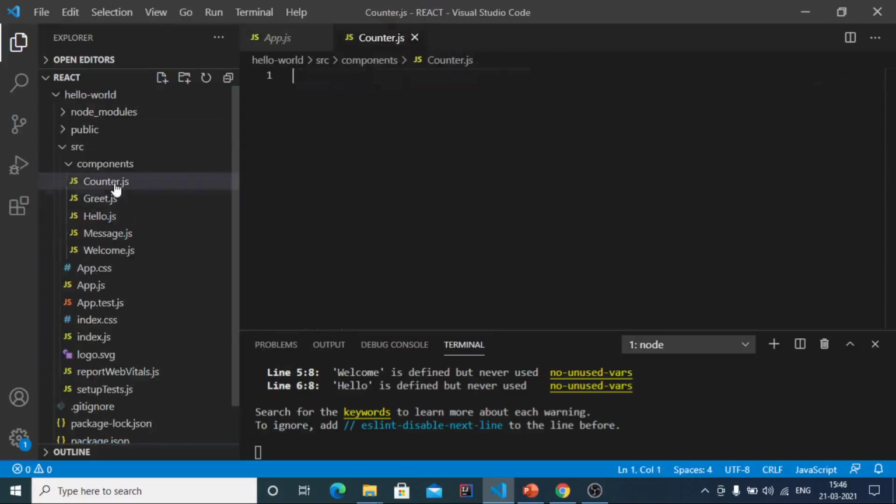And now in counter.js we will be making use of the snippets for which we have installed the extensions earlier. So this counter component is going to be a class component because we are going to take a closer look at this state and setState method. So we are going to make use of classes.